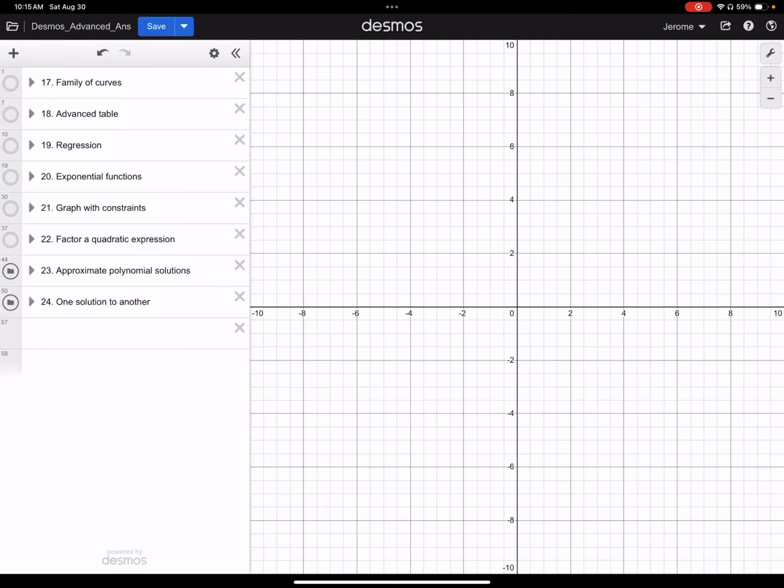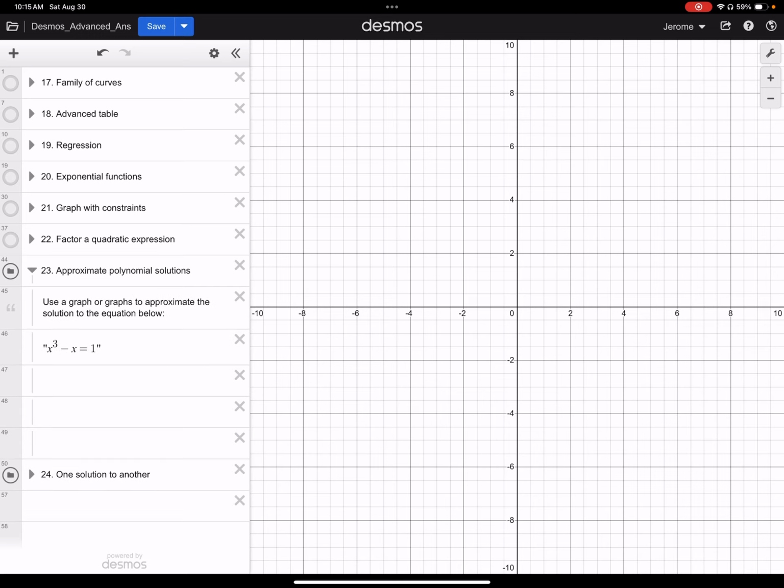Approximate polynomial solutions, Desmos advanced task number 23. Okay, this is really spectacular here. Now, we're going to learn basically some sort of advanced algebra. If you look at the equation that's in box number 46 there, the one that has a little warning